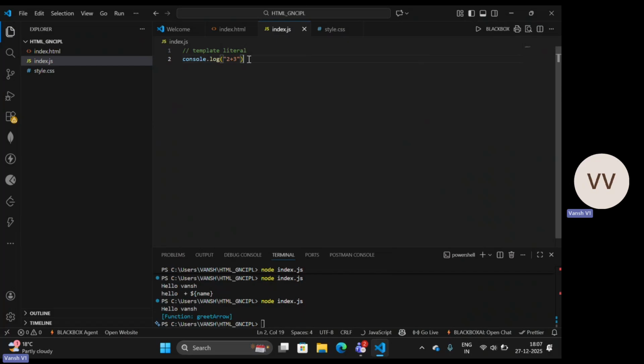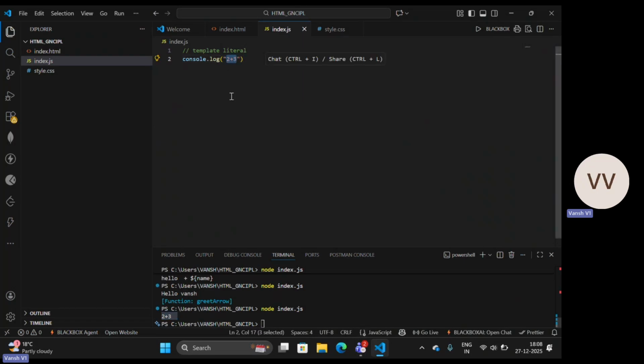So you can see when I just console it, it will be consoled same. I want the 5 as output, but it is not evaluating the expression. It is directly giving me 2 plus 3. Whatever is written, it is just copying, pasting that to terminal. So that is not good. So here,